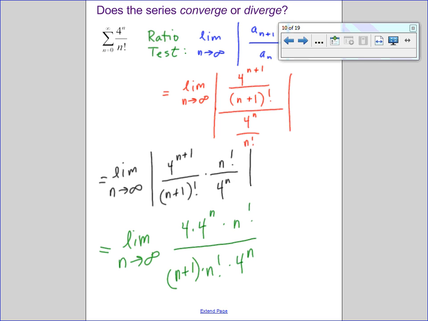Does everybody see this? This 4 to the n plus 1 is right here. My n plus 1 factorial is right there. And now we can play the cancel game. You guys ready? Okay. So n factorial over n factorial cancels out. 4 to the n over 4 to the n cancels out. And we're left with